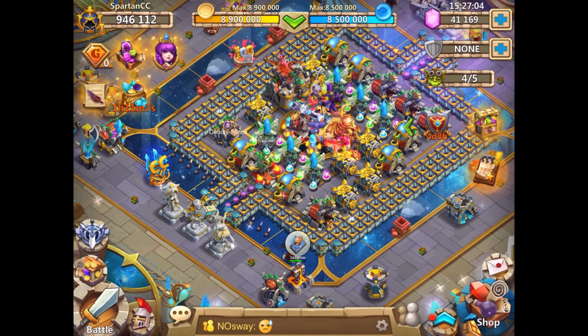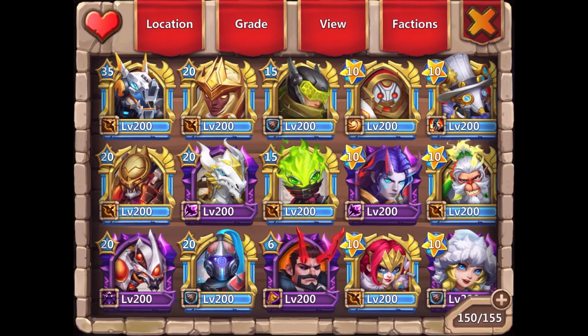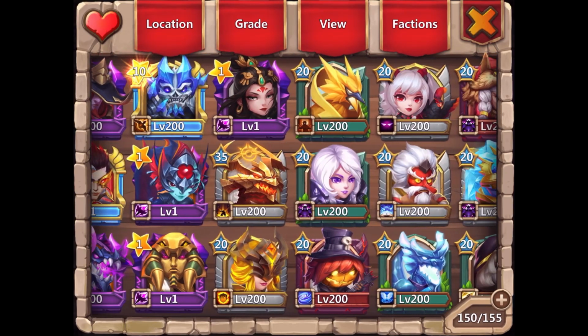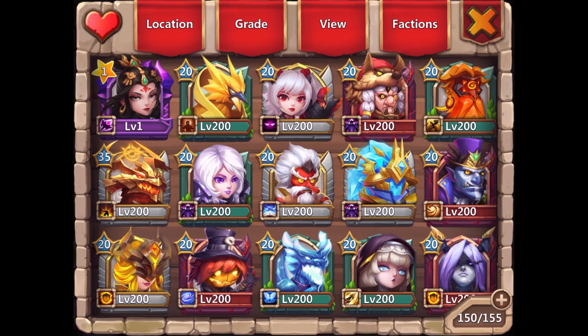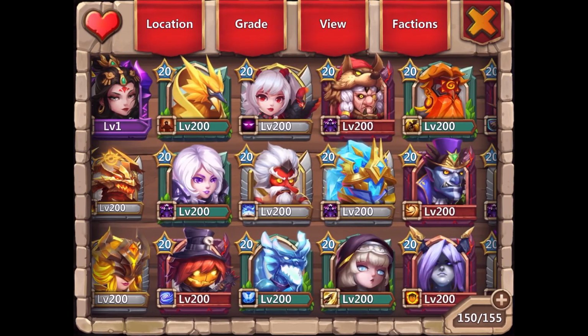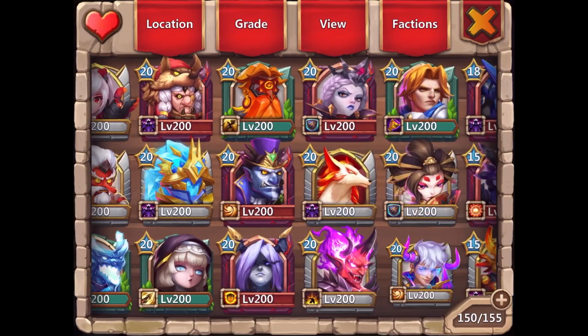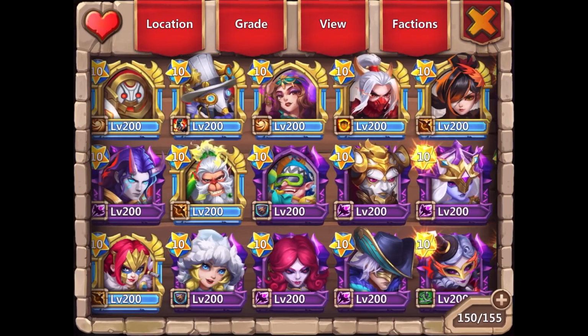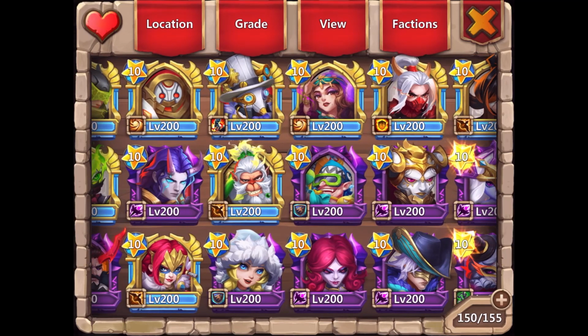So I'm going to give you guys some tips as to what you should go for when you first start out and different things like that. So basically, when you first start out an account, you want to go for Legendary Heroes. So basically, from Zephyrica and down. So you don't really want to focus too much on the epic heroes at the beginning because they are harder